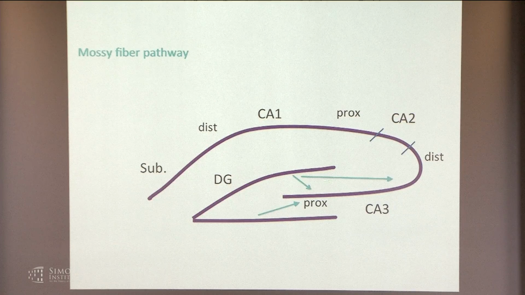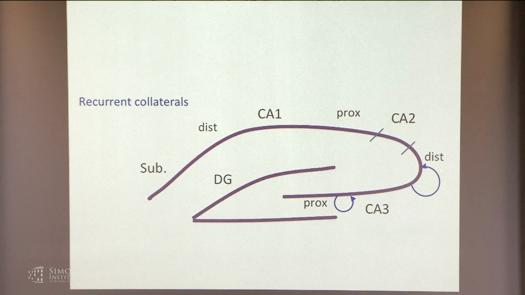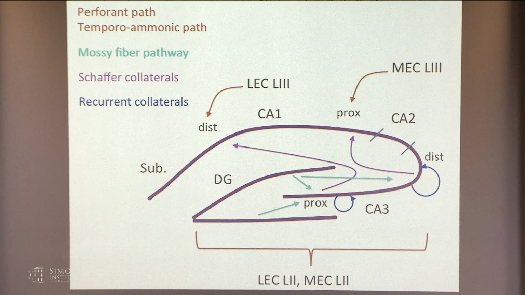Dentate gyrus has stronger inputs, especially from the lower blade, to the proximal CA3 than to the distal CA3. The proximal CA3 projects preferentially to the distal part of CA1, whereas distal CA3 projects predominantly to proximal CA1. And there's also a higher density of recurrent collaterals in distal than proximal. So you put this all together, it appears that proximal CA3 is working more as a unit computationally with the dentate gyrus, biased to do pattern separation, to make two input patterns more dissimilar. And that sends output to distal CA1, which is connected to this lateral entorhinal, this items and events pathway.